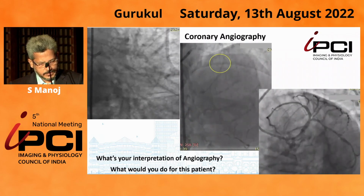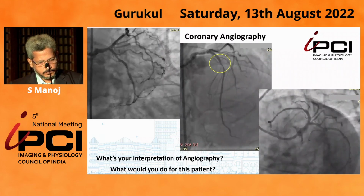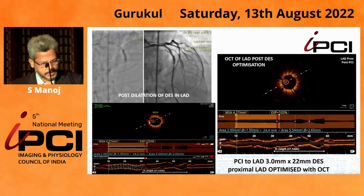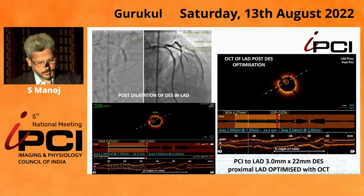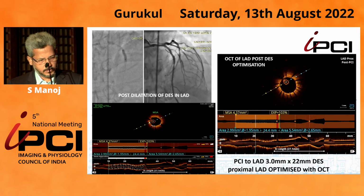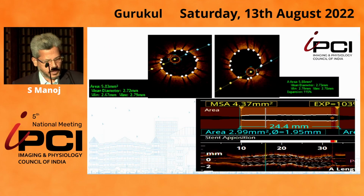Naturally, I think with a patient with symptoms of angina and treadmill being positive at very low workload, one would do a PCI for the LAD also. So that was done, and post-dilatation was done, a 3x22 DES was deployed, and with OCT optimization, the LAD stent was well apposed, and all parameters of optimal stent expansion were achieved. And this is the 5.8 and 5.88 at the proximal and distal ends of the LAD stent, and the MSA